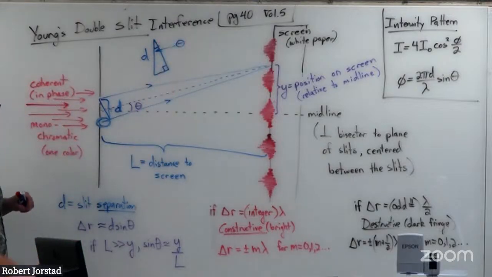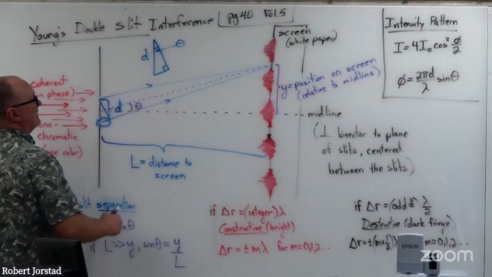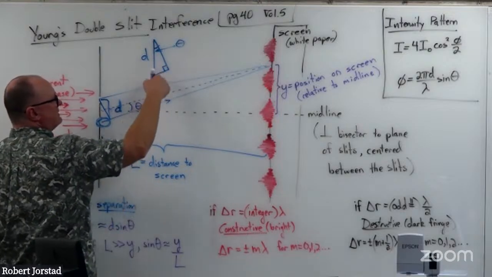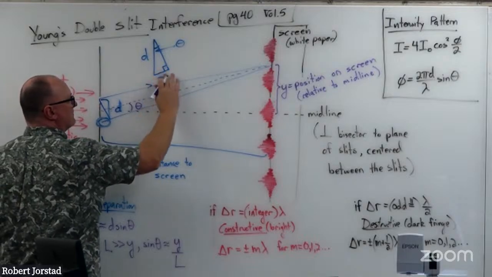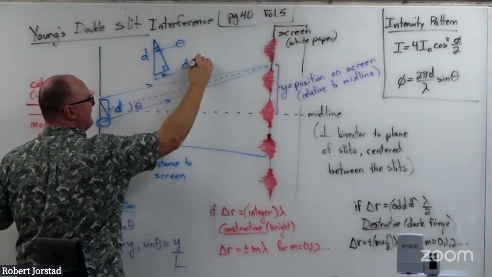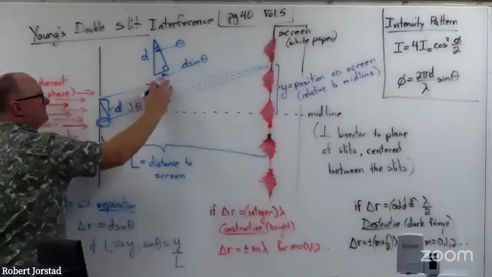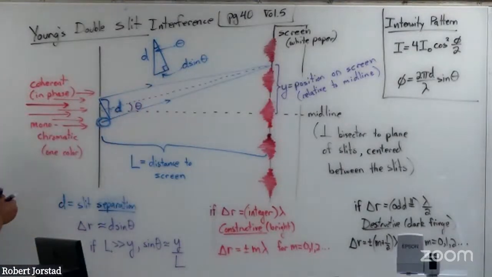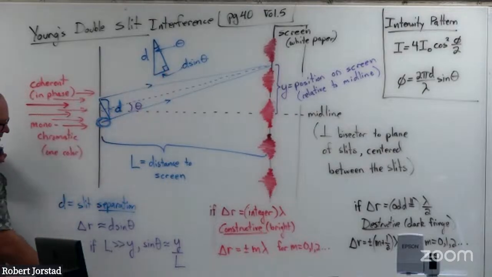I've got a good blow up in the handout to help you see that a little bit better. So this distance right here is opposite, and if you do trigonometry, you will find this is d sine theta. Notice d is the hypotenuse, and this is opposite. So the path length difference is d sine theta, this little distance here. So delta r being the path length difference,